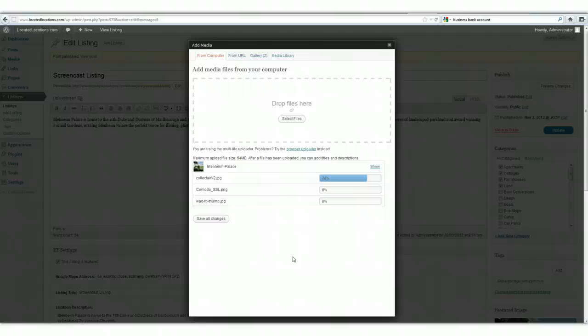The reason for that is twofold. One, it won't make the image too big for people with a small screen, and secondly, it keeps the file size down, so it's a nice compromise between image size on the screen and file size. Once the images have uploaded, click Save All Changes,